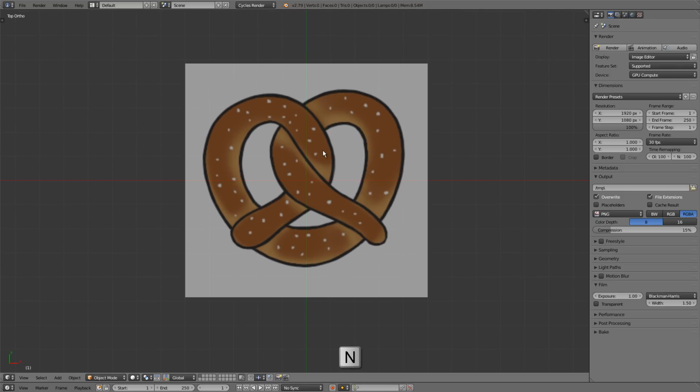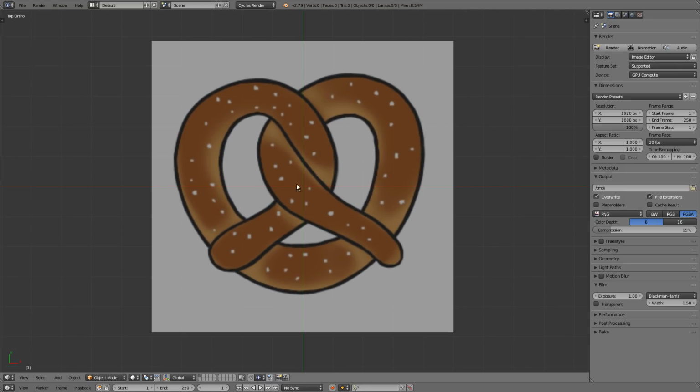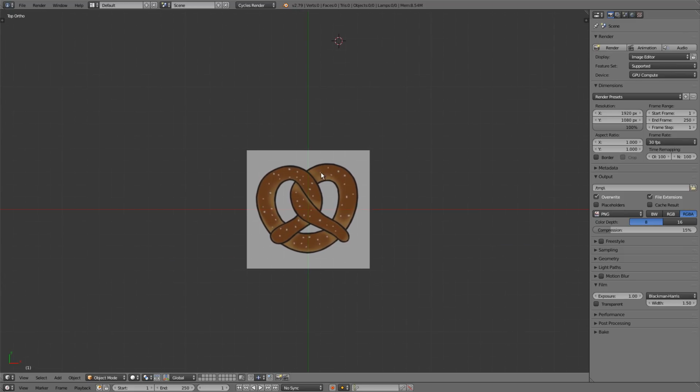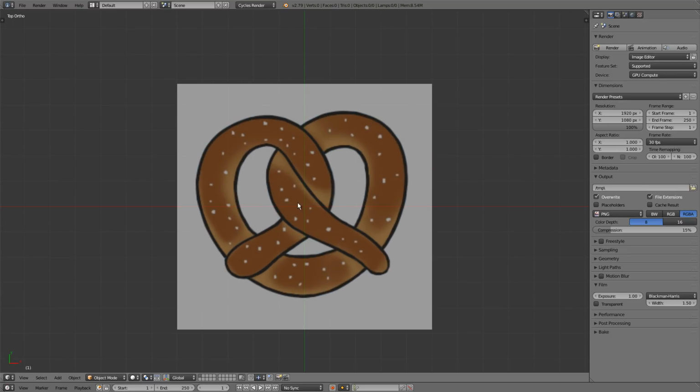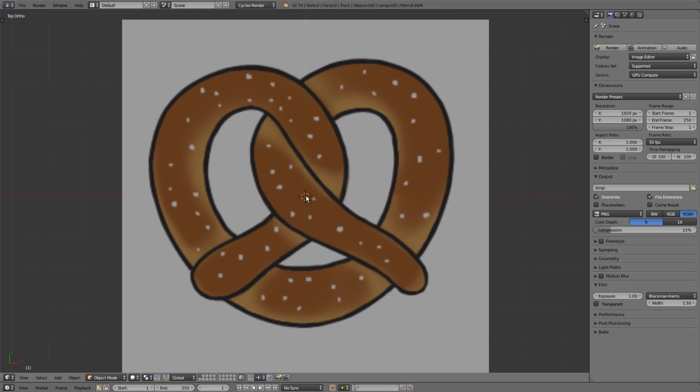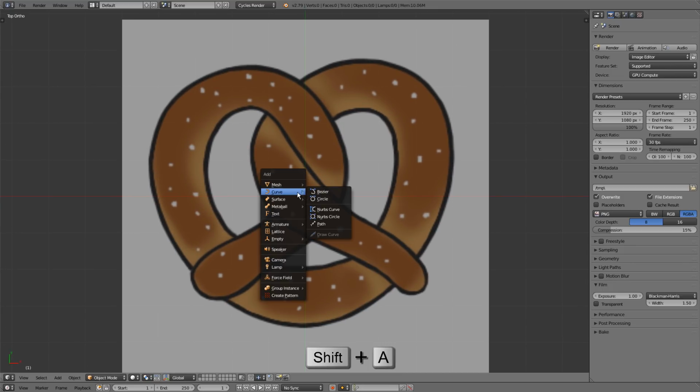So what I'm going to do now is add a curve object, and we're going to use those curves to trace the shape of the pretzel. But right now my 3D cursor seems to be AWOL. It's all the way up there for some reason. And wherever the 3D cursor is where a new object is added in. So I want to place that right back in the center of the world. So to do that, I'll press Shift and S and choose cursor to center. So now our cursor is right in the middle of the pretzel, and we can add that curve in. So now I'll press Shift and A for the add menu, and from the curve submenu, I'll add in a